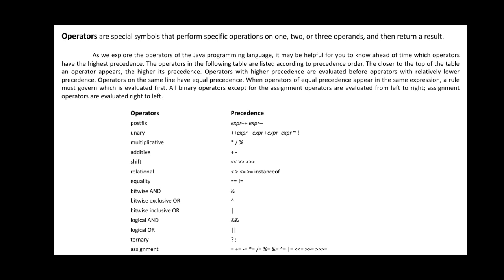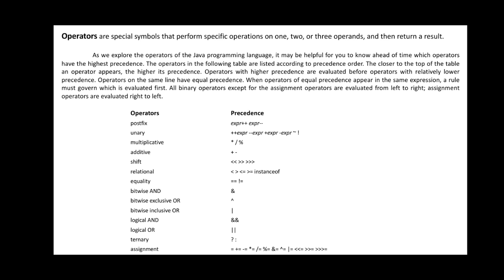Yesterday we discussed the different types of data casting, or typecasting. We can say typecasting is nothing but a conversion from one data type to another data type. You have seen two different types of typecasting: widening as well as narrowing. Widening is when a smaller data type can be converted to a larger data type, and narrowing is when a larger data type can be converted to a smaller data type, with an example.